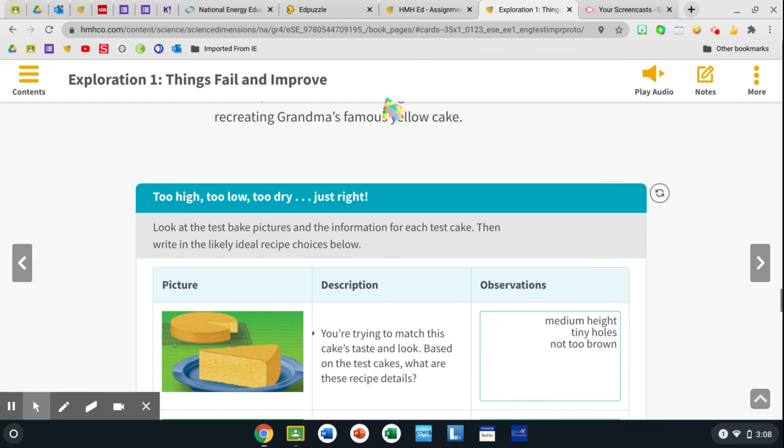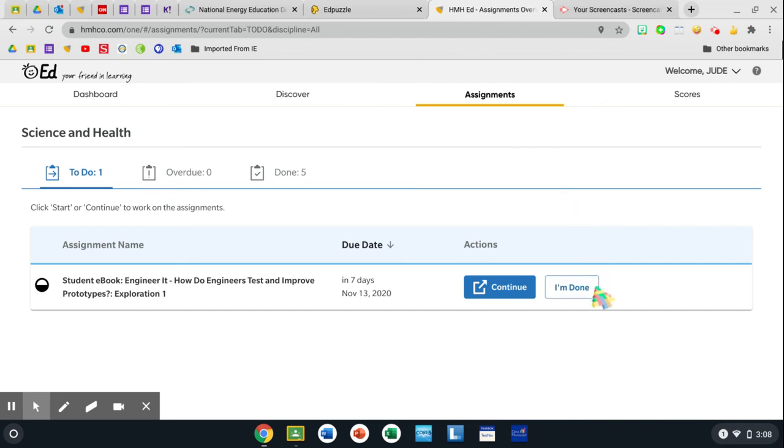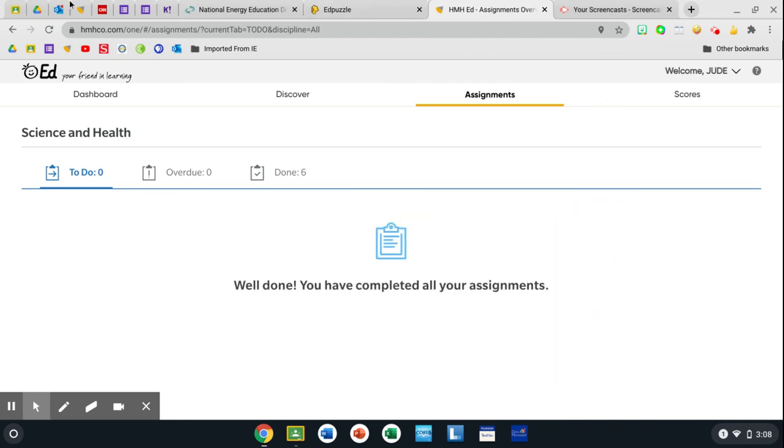So that is all of Exploration 1. We'll click off of that. We'll go back here to HMH Ed and click I'm done. And then you'll go back into Google Classroom and mark that